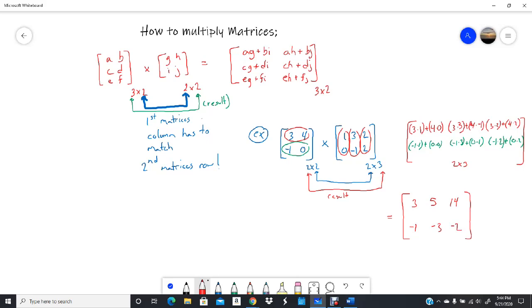You have to make sure that the first matrix's column is the same as the second matrix's row, or else